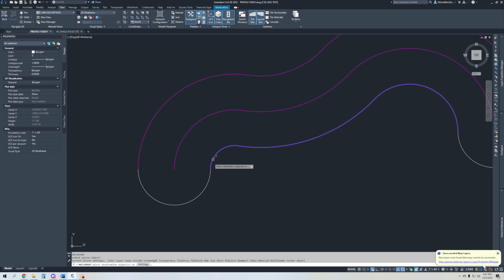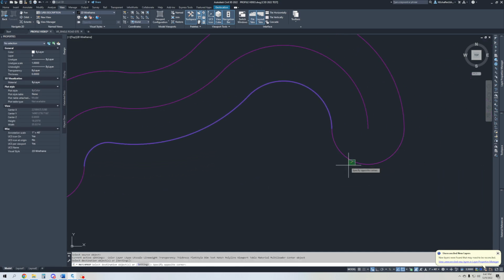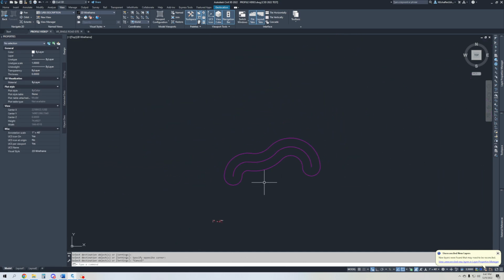And now just match properties to make it look nice. So now let's think about this as if this were a ditch, like a drainage ditch that you're grading. So what you would typically do, or how I would end up doing this, is I would